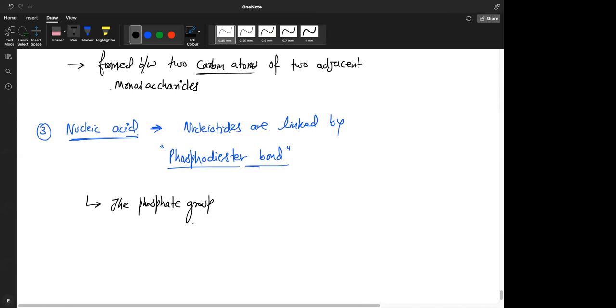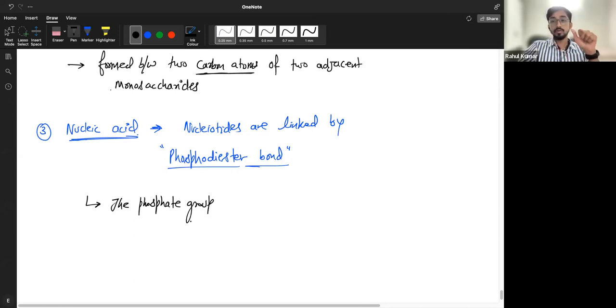There was a phosphate group in a nucleotide, a phosphate group, a sugar and nitrogenous base, right? So the phosphate group links the 3' carbon, the carbon which is at the third position, 3' carbon of one pentose sugar